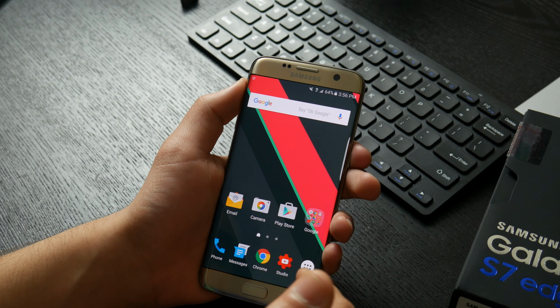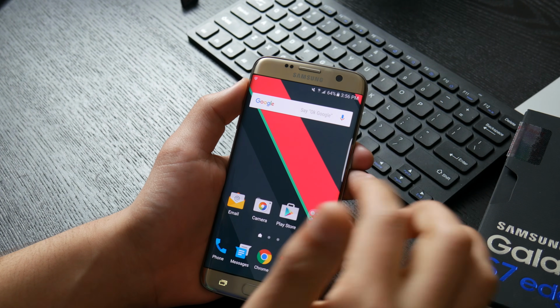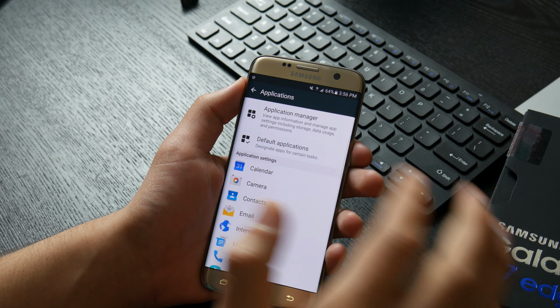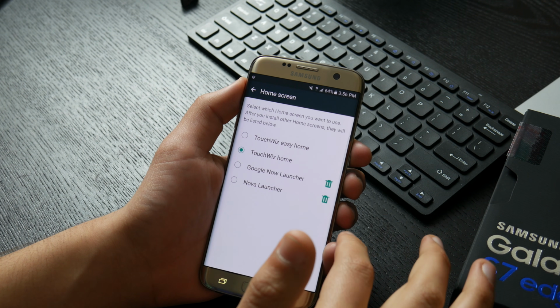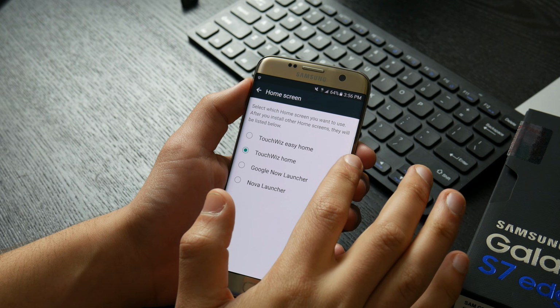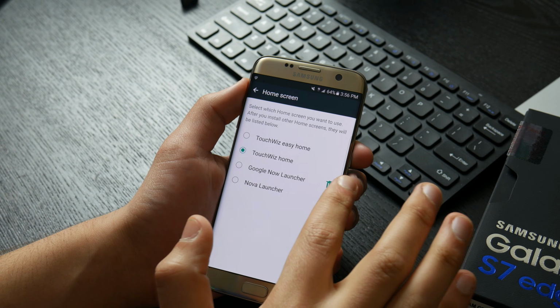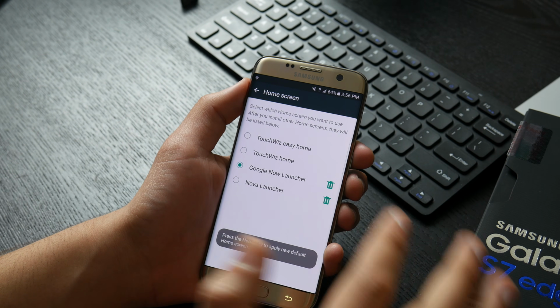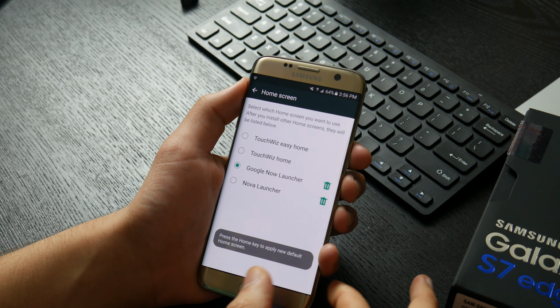Now in order to access that launcher, we're going to go into our settings. We're going to go down to applications, head over to default applications, and then tap on home screen. Now we get all the options for different launchers that we have installed. We have TouchWiz Easy Home, TouchWiz Home, the Google Now Launcher, and then the Nova Launcher I also downloaded as well. I'm going to go ahead and do the Google Now Launcher, and